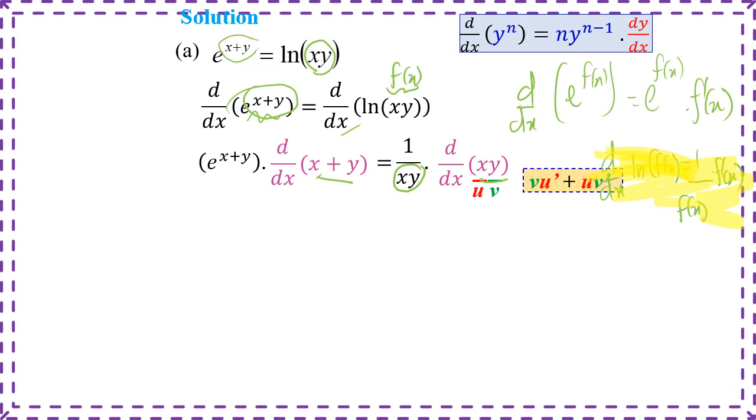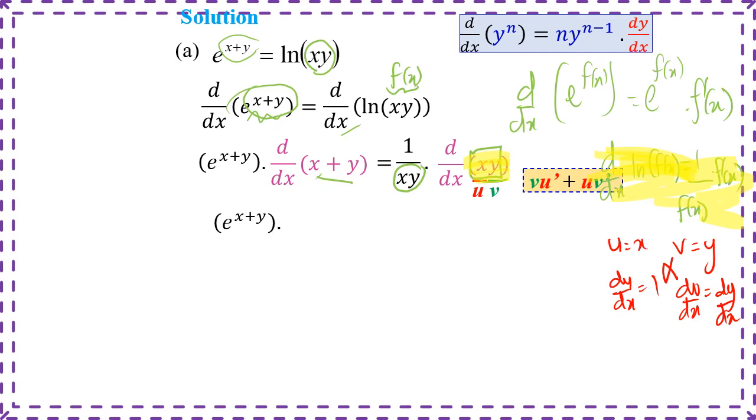And for differentiating xy, we have to apply the product rule because it's multiplication between x and y. So one of it will be u, another one, y, will be v. So here we have u equal to x, v equal to y. So du/dx or u prime is equal to 1. dv/dx is equal to differentiate y with respect to x, dy/dx. So it's a cross-fish.